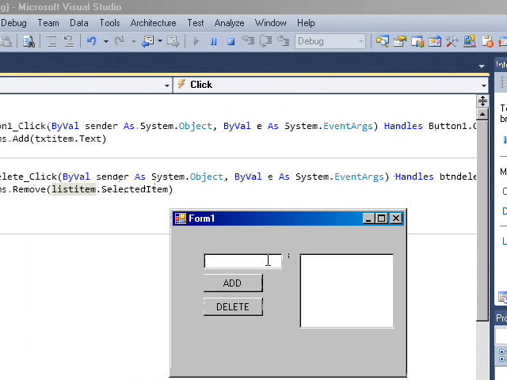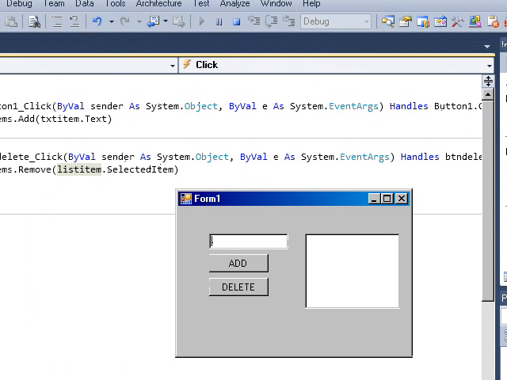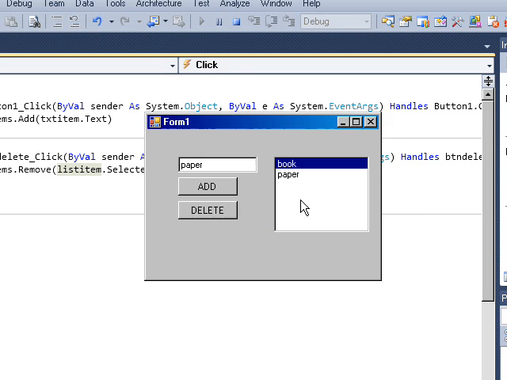First, we must add an item. Another one. So, as you can see, we can focus the specific item on a list box by clicking of it.